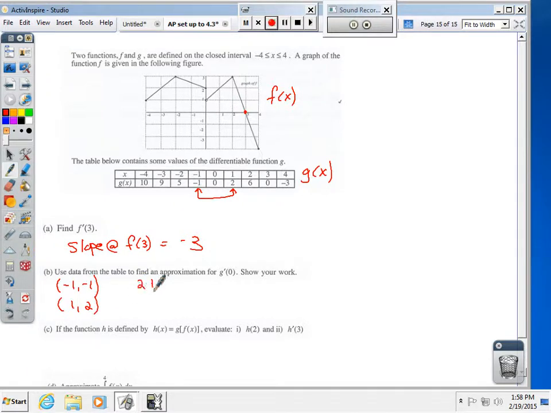So it's going to be 2 plus 3 over 1 plus 1, and that slope is, hold on, I wrote down the wrong number here. Quick redo. 2 plus 1 over 1 plus 1, and that's 3/2, which is the approximation for the slope at